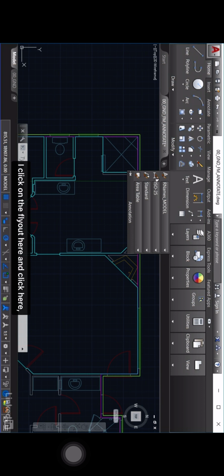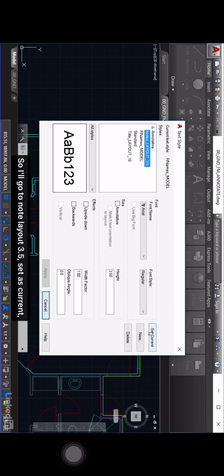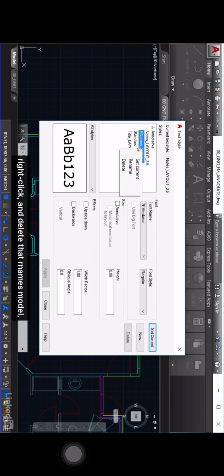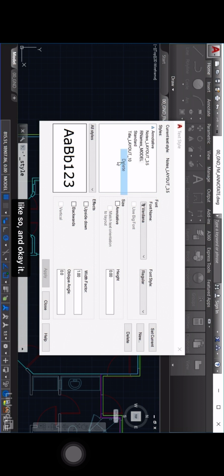I click on the flyout here and click here, and we're going to create a new text style to use with our space names. So you'll notice there's one there, Room Names Model, and if I select that, can you see it's a Verdana font with a font style of regular, and it's got a height of 0. So basically AutoCAD will prompt you for the height when you put the text into the drawing. What I'm going to do is actually delete that one. I'm going to right click on it, and you'll notice I can't delete it because it's the current text style. So I'll go to Notes Layout 3.5, set as current, right click and delete that Room Names Model like so,